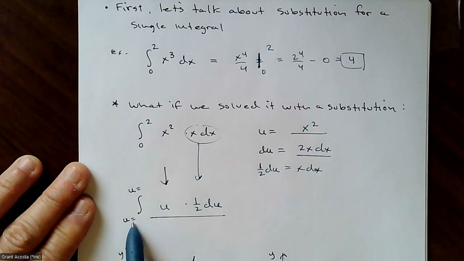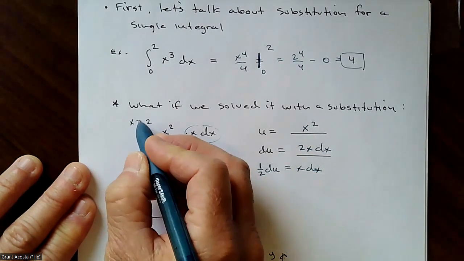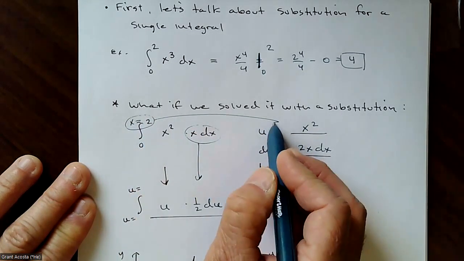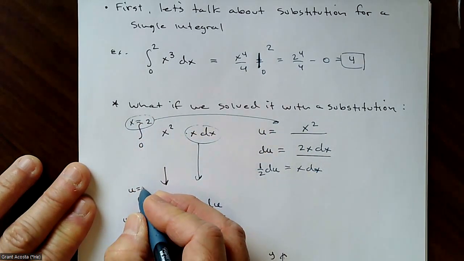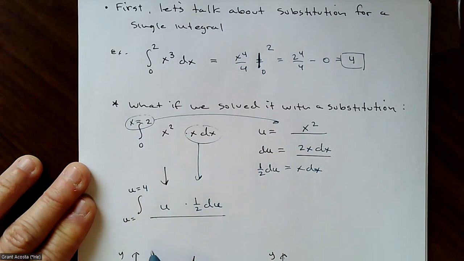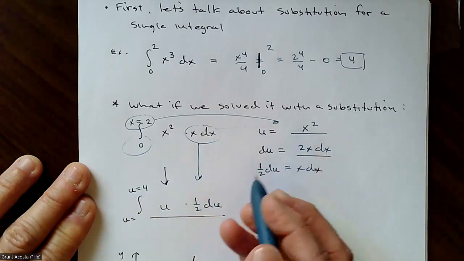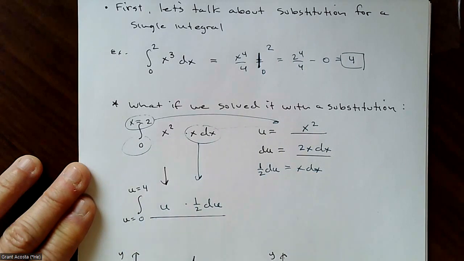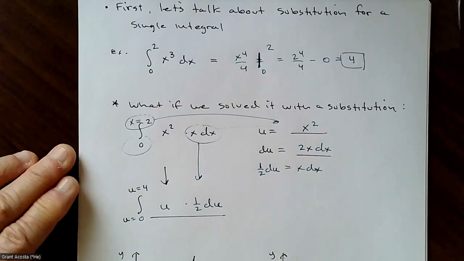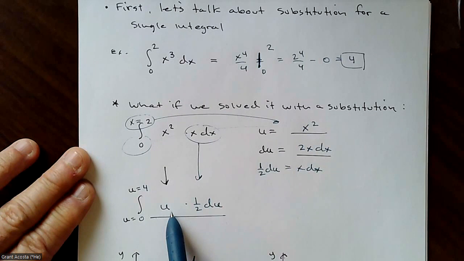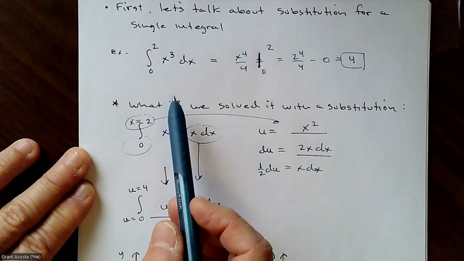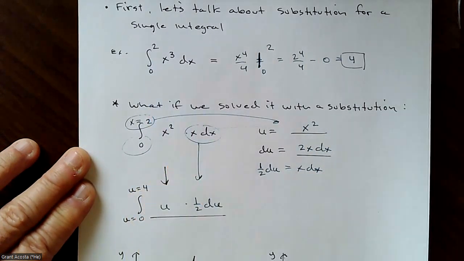And if I convert my limits, remember, these are x limits. So if x is equal to 2 and I run it through here, that's going to correspond to u being 4. U would be 2 squared. And if x is 0, u is going to be 0. And so what this is saying is the original integral, the integral from 0 to 2 of x cubed dx,